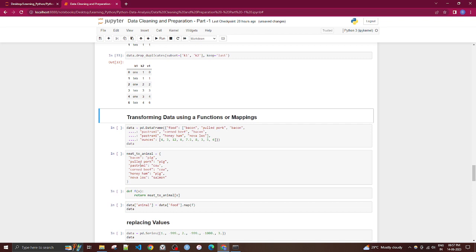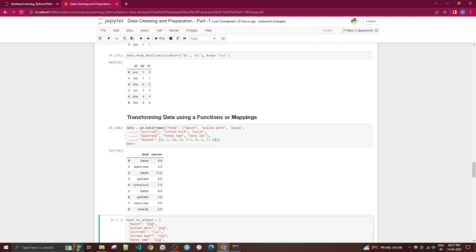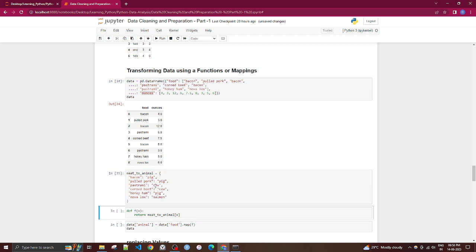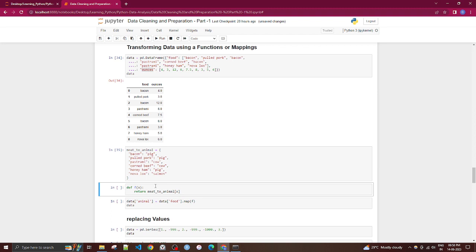Transforming data using a function or mapping. So let's create a data frame. We have food, bacon, and the next is ounces, and this is the data we created from the dictionary in a data frame format. And this is again one of the dictionaries, if you want to know from which animal the meat is coming. So what we can do is create a new column, data.animal, which is not available right now, and